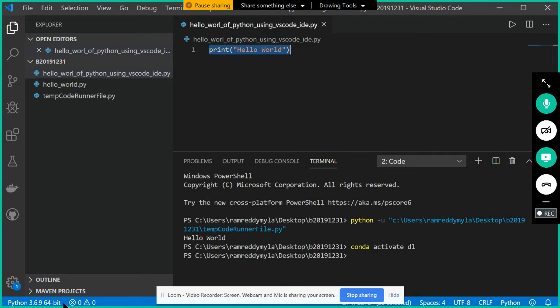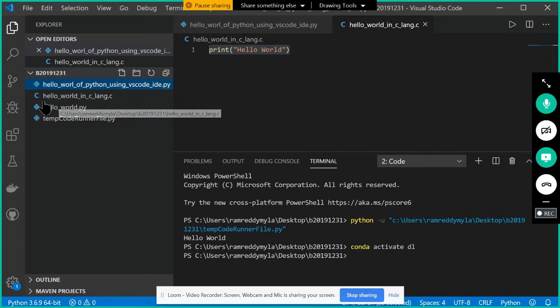If I want to write the same thing in C language, how are we going to write it? Let us write the C language hello world program. Hello world in C language. The C language extension is what? .c. The moment I put here .c, it is identified as C language.